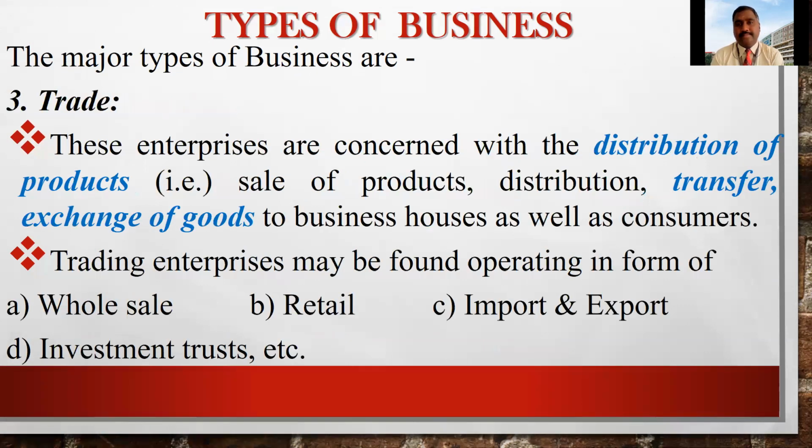Third one is trade. The company will not engage in any production activities, but will get goods from one supplier or vendor and distribute them to other customers or suppliers. It is like transferring or distributing goods from one place to another. If you take any FMCG product, every FMCG product will have retailers, agencies, and wholesalers, region-wise, zone-wise. This is also one category of business. So these are the three types of business.